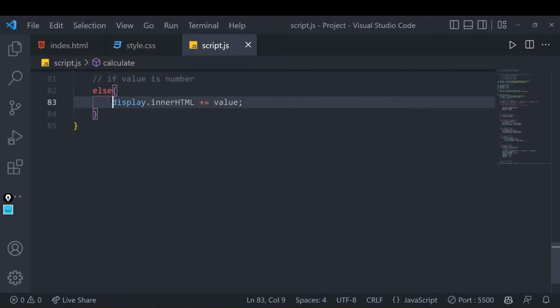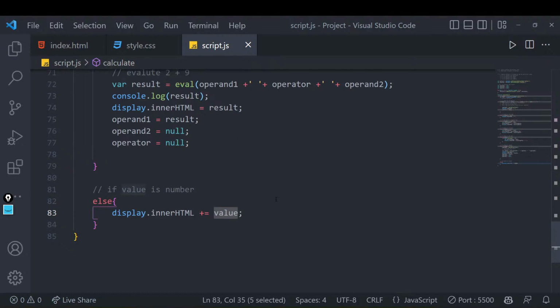Just keep on adding to the display area, right? Whatever there is in the display area, just add that value into that area. It's that simple. I hope this part is also making some sense to everyone. Right. Now, if that is making some sense, let's look into the details of how we do the complex calculation.